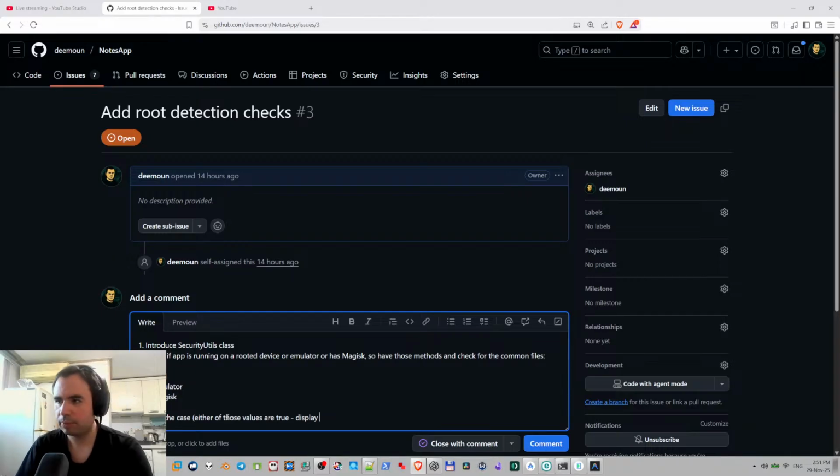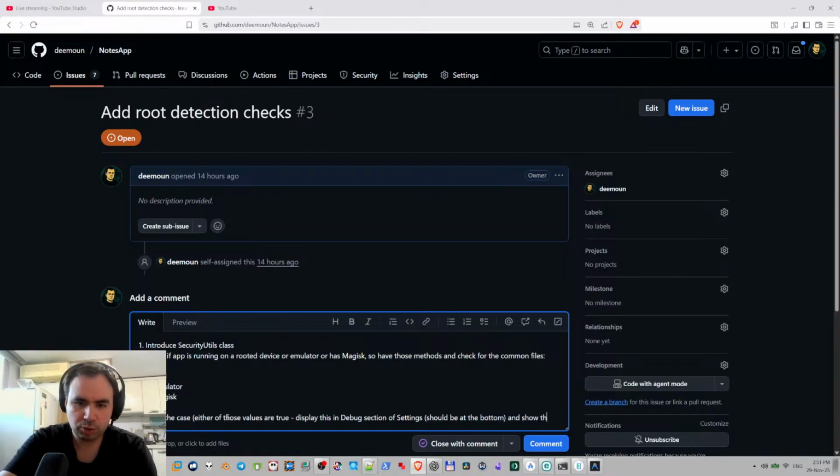display this in debug section of settings. Should be at the bottom. Display this in debug section of settings, should be at the bottom, and show those flags